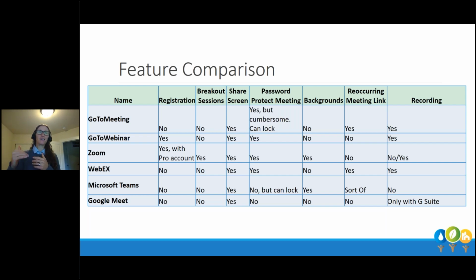Pretty much all of them have that feature for the most part, which is nice if you want that security feature. The backgrounds, I think I went through which have those and which don't, and a lot of folks are popping that on more and more. That reoccurring meeting link as well, I was corrected, in Zoom it is in that paid feature. And then recording. Zoom, again, you can't record unless you pay for it. So look at that too if you need that recording function, if you're going to go for a free versus a paid version. So I'm going to stop for a second, and then I'm going to go over some working platforms, but I'll see what questions we've got so far.